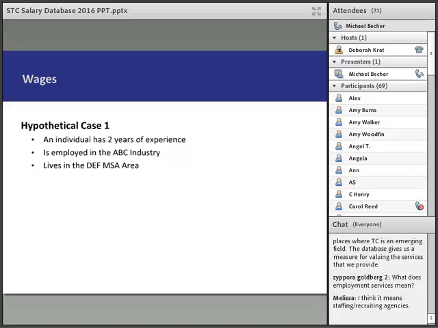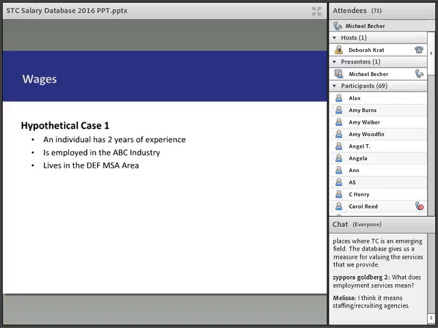So just to show you how to use this information, a step-by-step example of 3 hypothetical cases just to get you started. So you can follow this. This information is also included in the report itself. So if you need a refresher of what we're doing here, it's outlined in the report. But I just want to go over these different hypothetical cases.